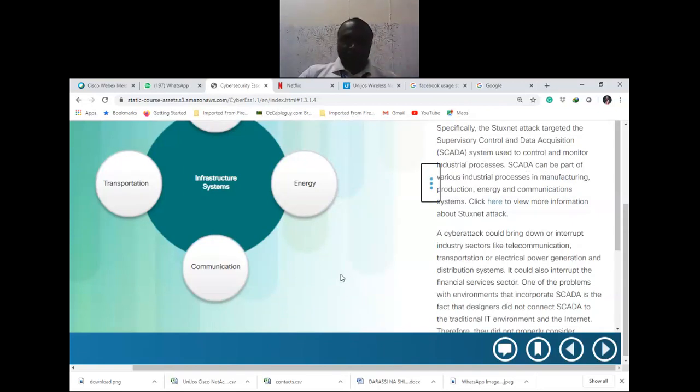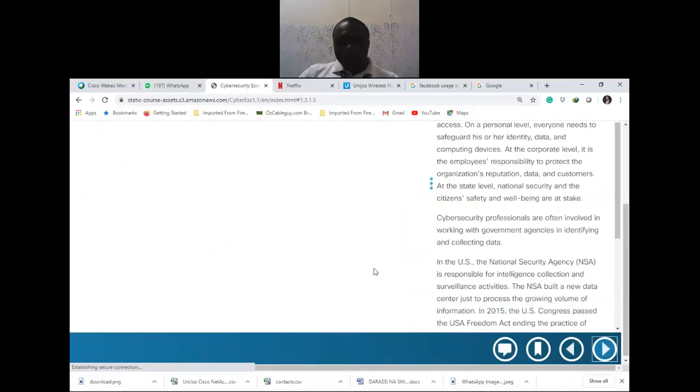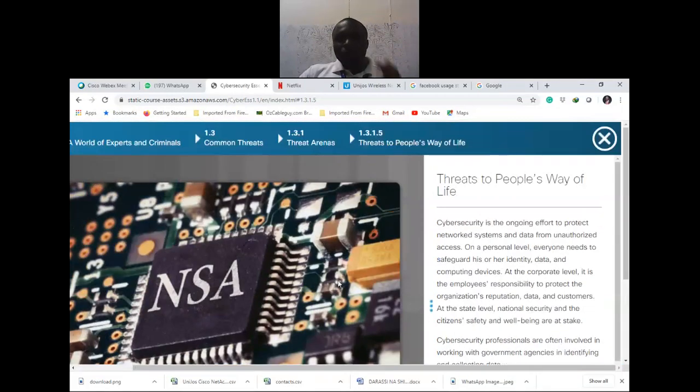It's just that they don't announce it on the news so that you don't get afraid. But every now and then, they lose money to cyber threats. There are individuals, you go to your mobile account, you want to transfer money to somebody else, he doesn't see it, but you get a debit, and problems keep happening every day. So remember that we are looking at a world of experts and cyber criminals,